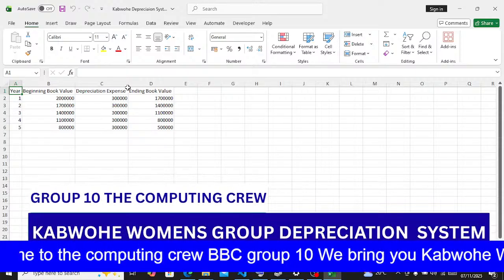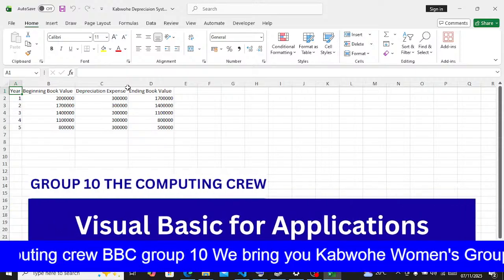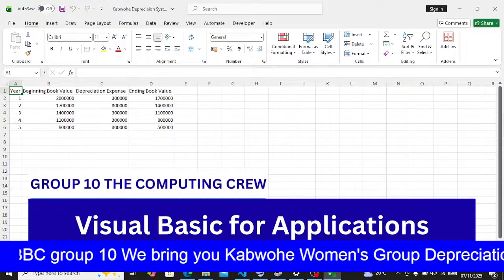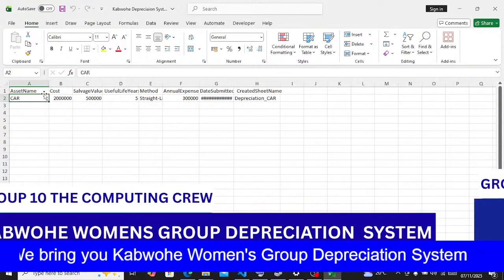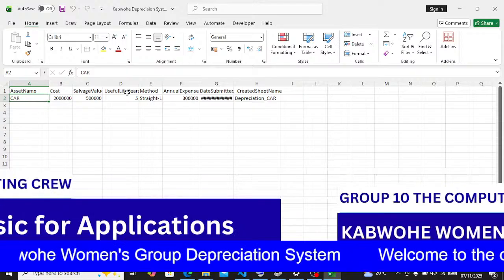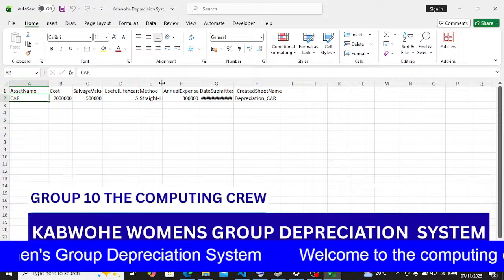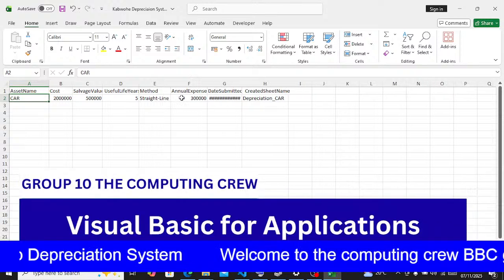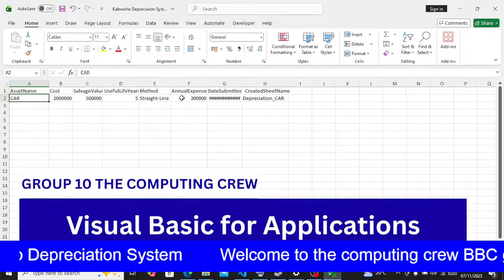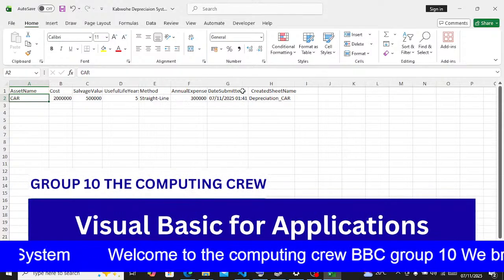Now after opening our asset info form, we can say that we have our asset as a car, then we have a cost of 500,000, then a salvage value, let me say RTY. Now if